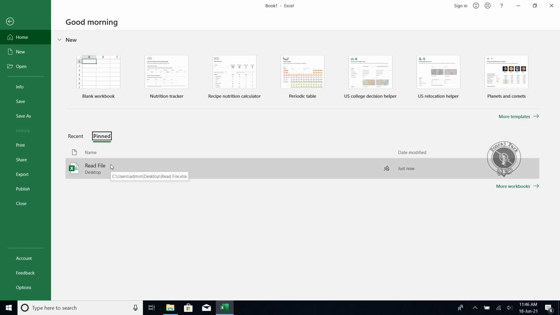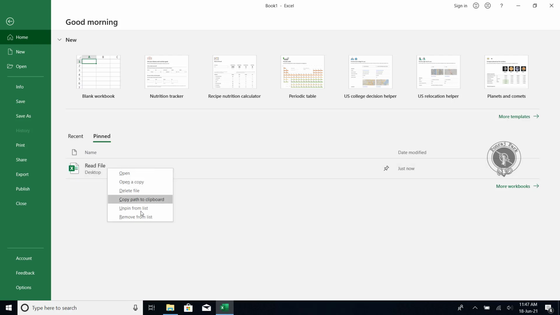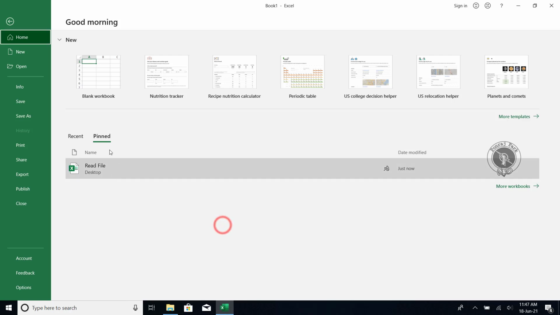The main use of the Pinned section is to store your frequently used Excel files and open them easily with a single click. And if you want to remove a file from this section, just right click it and choose Unpin from list. That's it, it will be unpinned.